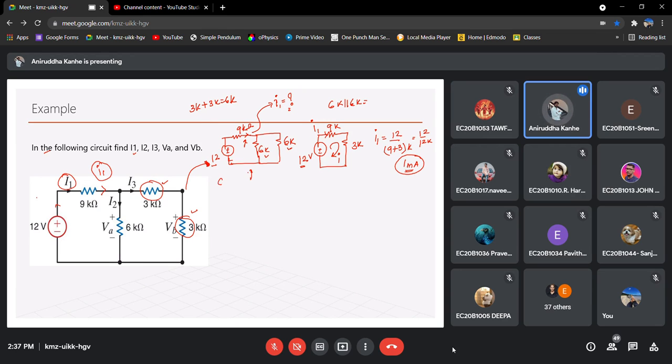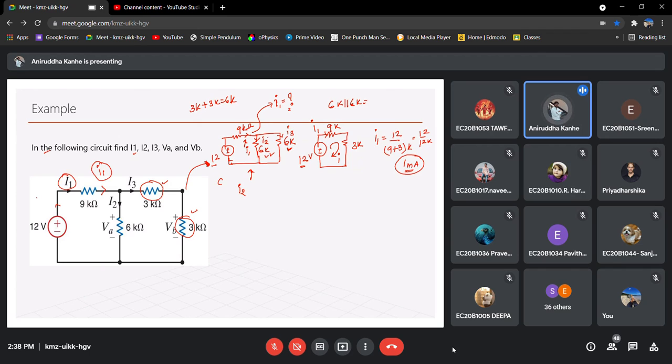So let us take this circuit and use the current division. You have the current flowing here, that is I1. Let us say this is I2 and this is I3. Since the 6K and 6K are the same, the current will be equally divided into both branches. Please remember, if both resistances connected in parallel are the same, then the current will be the same in both. Just to use the previous formula, I will solve one case here.